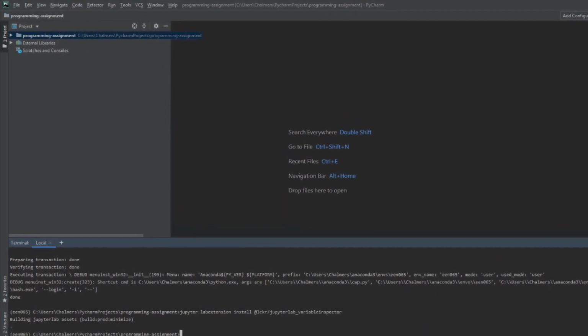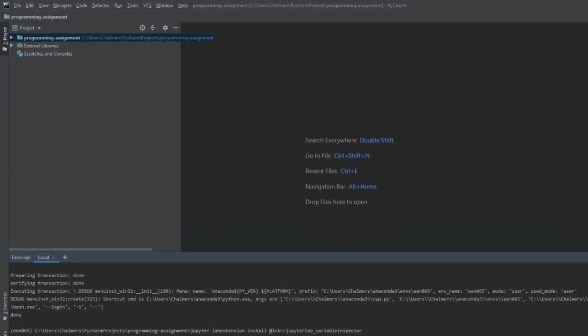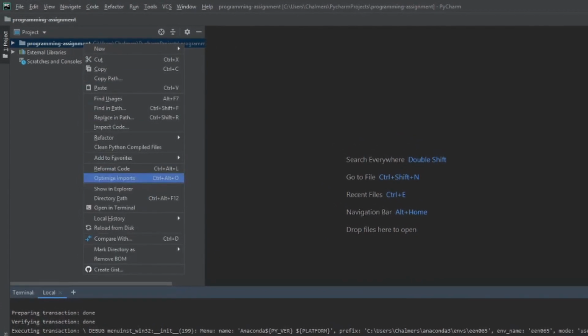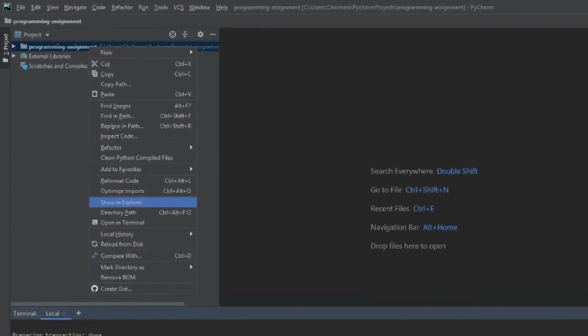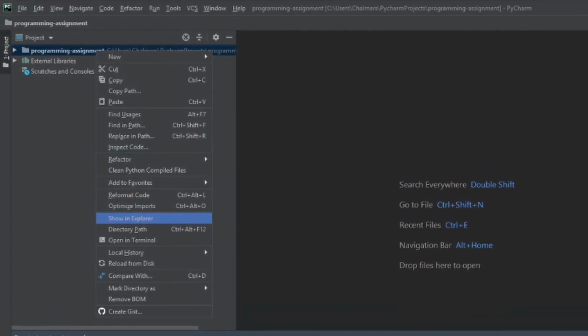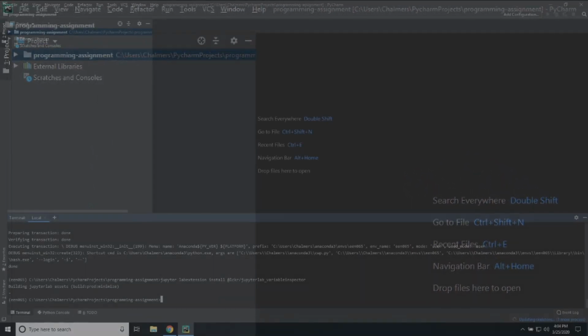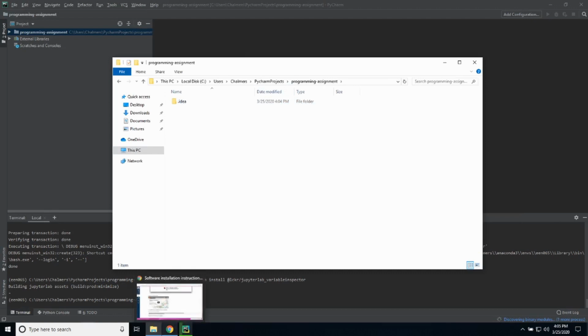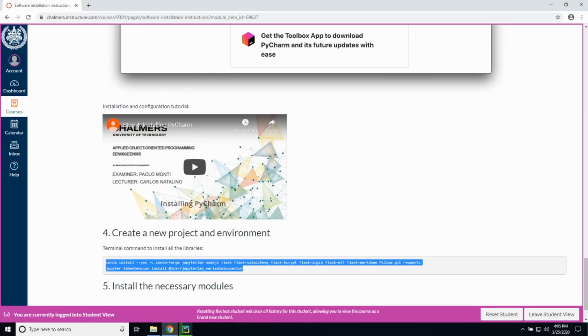If I also right-click in my project, I will have one option that is to show in Explorer, or in the Mac, show in Finder. If I click here, I will get open in Explorer or in Finder exactly the folder that has all the files of my project. So once I have that, what I can do is go to Canvas,